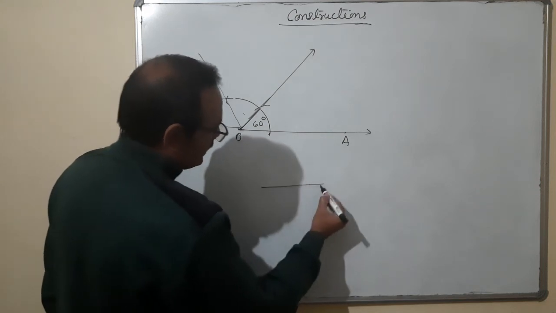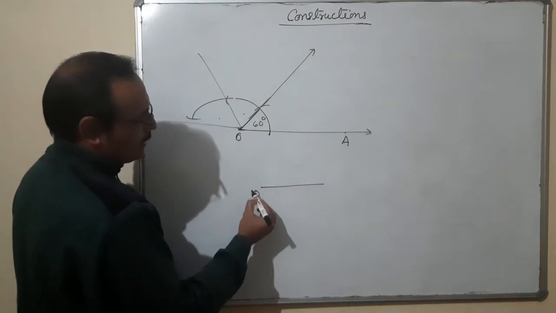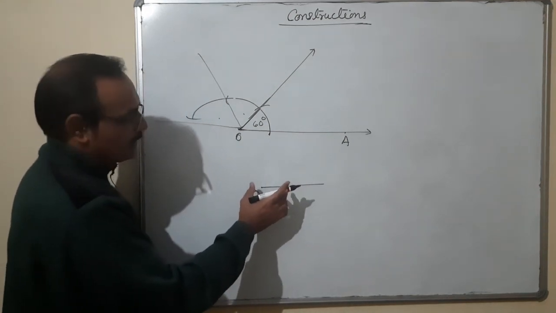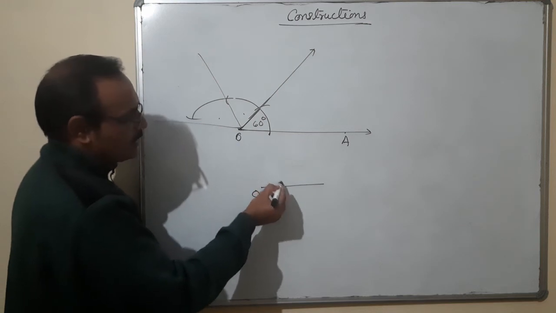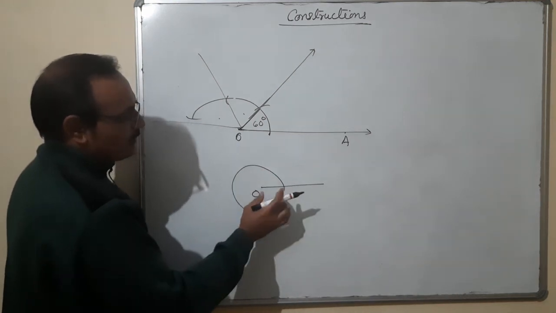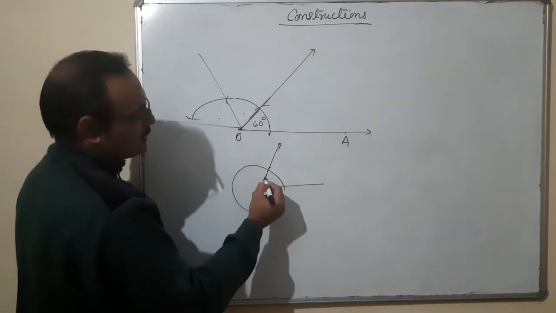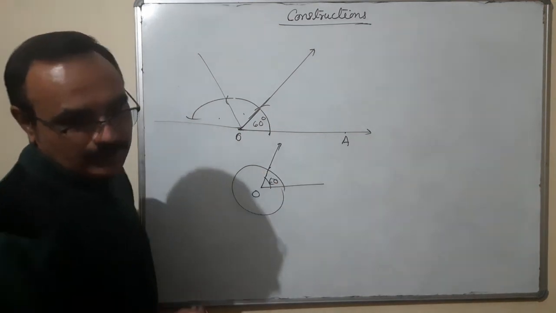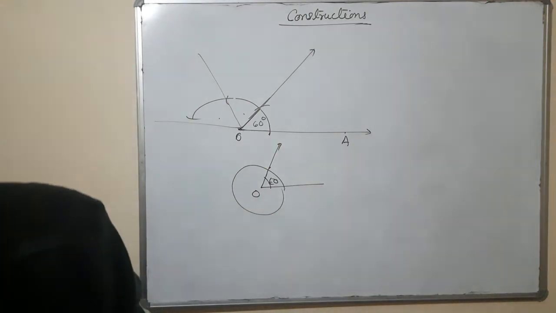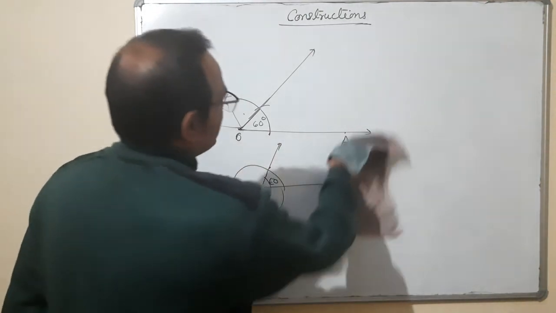Okay. So what is the procedure of making a 60 degree angle? You have to draw the line, taking O as a point, open the pair of compass, having sufficient distance of radius, draw an arc like this. Whatever the distance is here, you cut an arc. And when you produce it, it is a 60 degree angle. Okay. That is the procedure by which you can draw an angle of 60 degree.